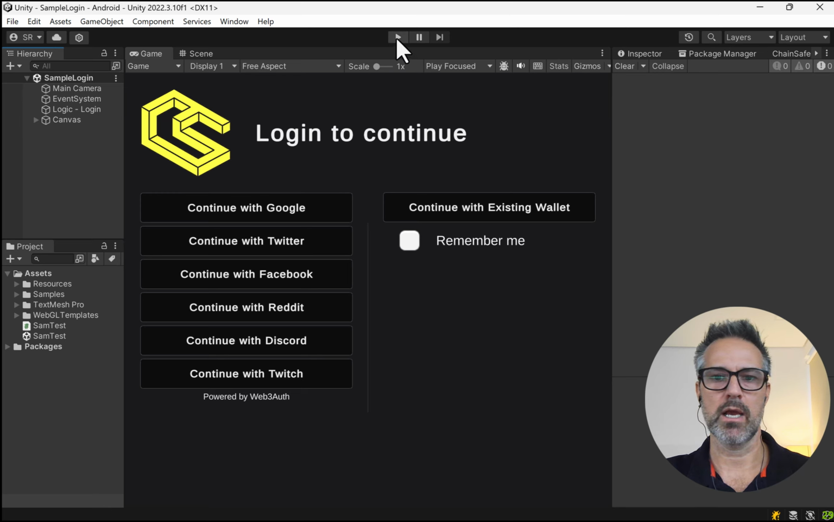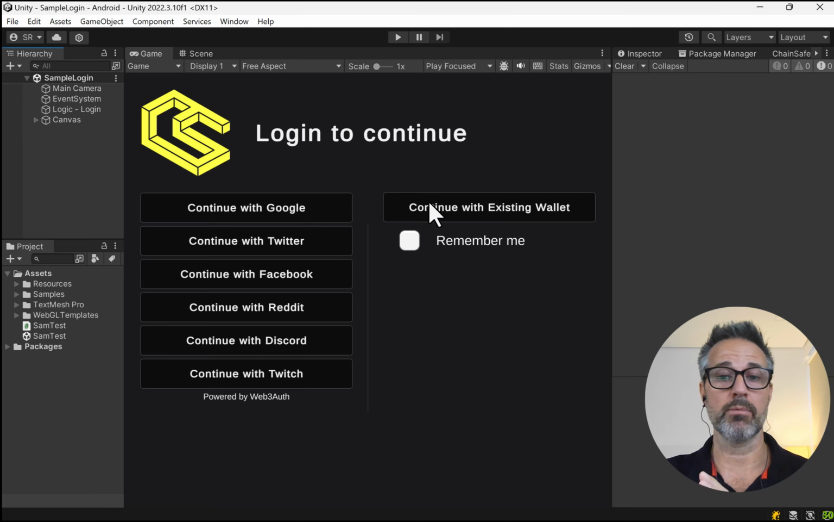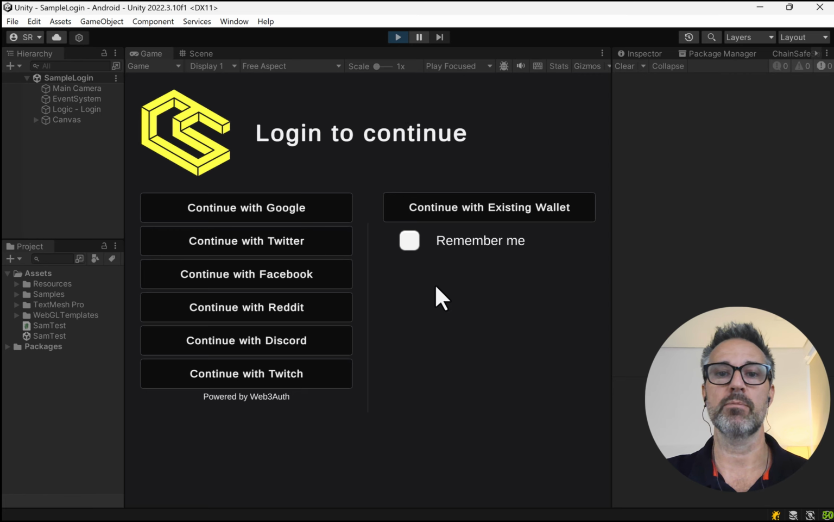And I have seen proper behavior with the continue existing. So for example, if I run this scene without checking remember me, and I do continue with existing wallet, it will work properly. And then if I stop and start the Unity scene, it does not remember the history. But if I play here